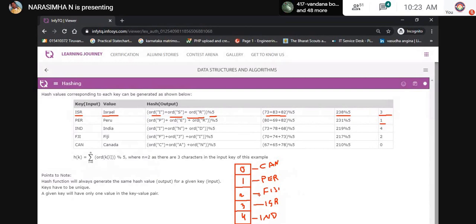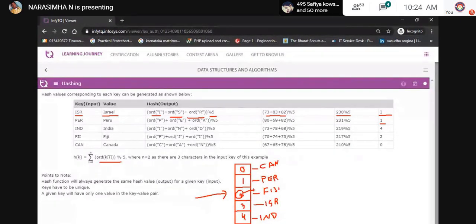For only one item, you have to traverse each and every node. Right, here, by calculating this one, it directly goes to a particular index, and then it finds the value for that.